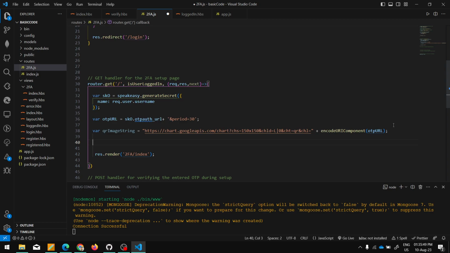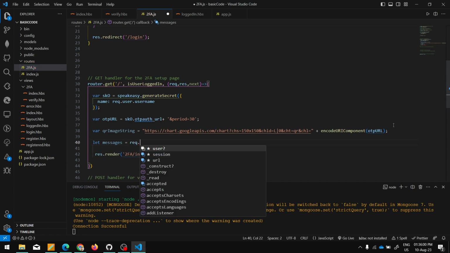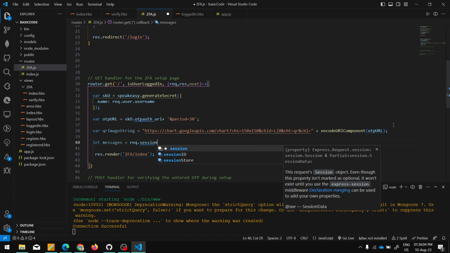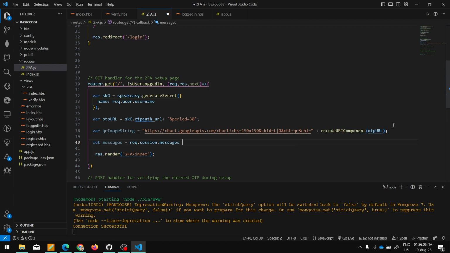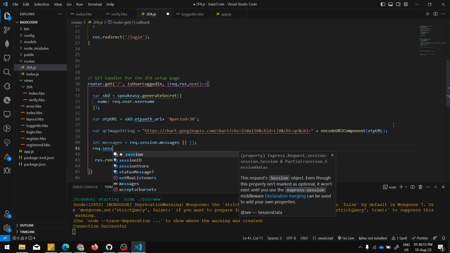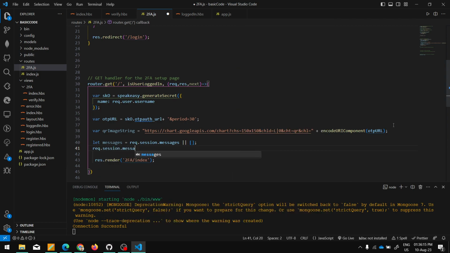So after that I will create one more variable called messages, and this should be storing session messages in this session.messages or empty list, and also setting the session messages to the empty list. Okay,